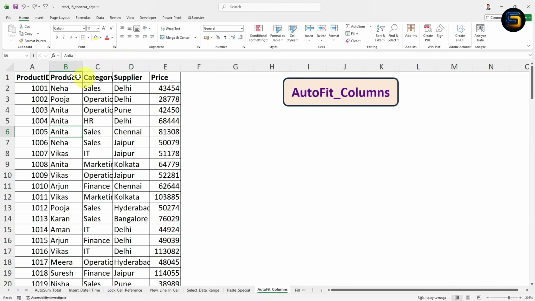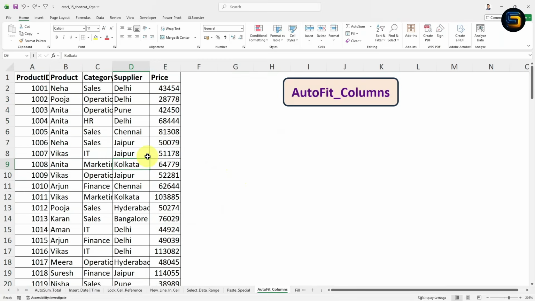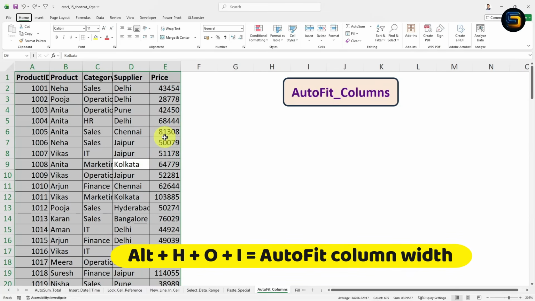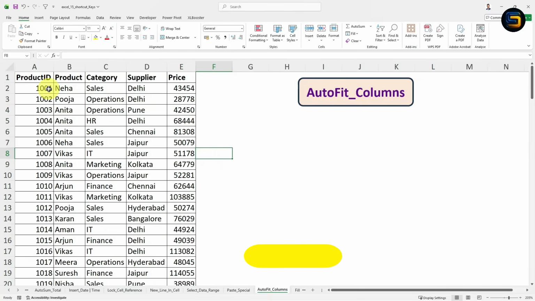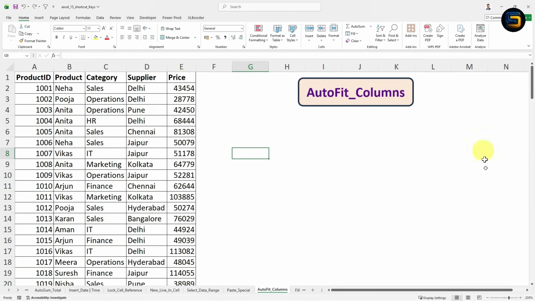What you need to do is simply select the entire data. I can simply press Ctrl A on my keyboard by which I can select the entire data. Now here you can notice the data has been selected. Now you need to press one shortcut key to adjust the column width which is Alt HOI. Great, right? If you press Alt HOI, here you can notice the text is clearly visible. With the help of shortcut key Alt HOI, you can adjust the column width automatically instead of wasting time in this way, right? You need to simply press Alt HOI to adjust the column width. Now let's move on to the next Excel shortcut key.